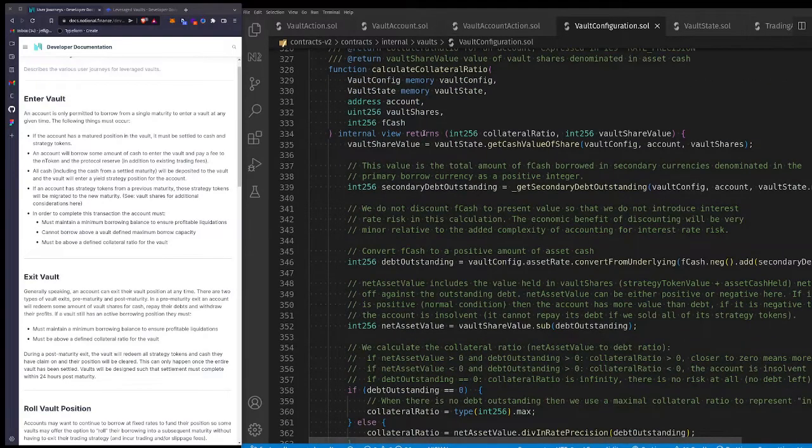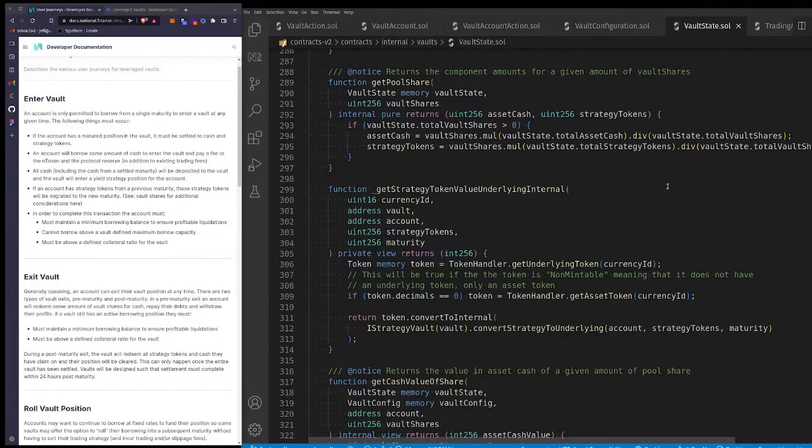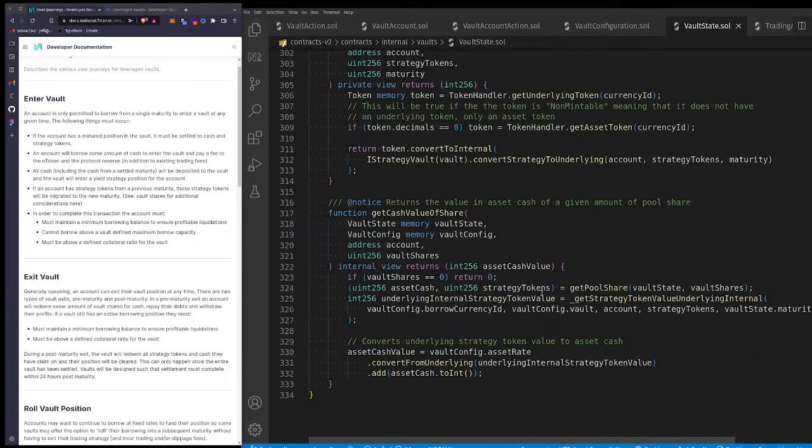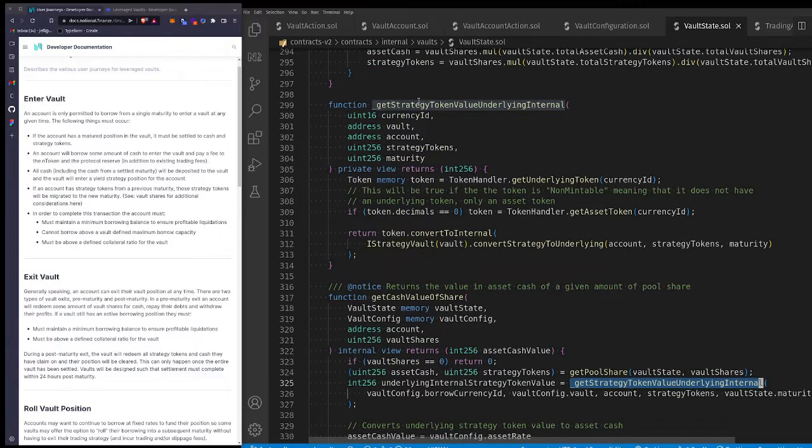So here what we'll do is we'll calculate the collateral ratio. The first thing we'll do is get the value of the account's vault shares, which is calculated here. We'll get the account's claim on asset cash and strategy tokens, and we will get the value of those strategy tokens in underlying